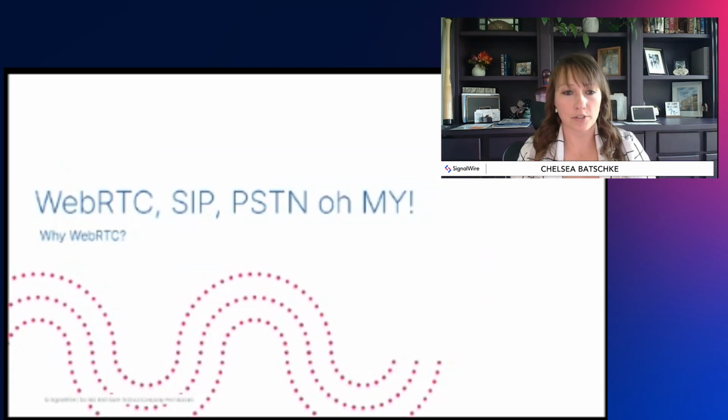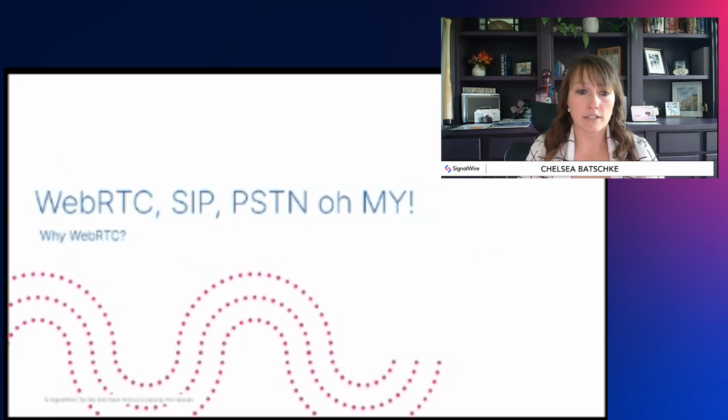Which protocol to use? WebRTC, SIP, PSTN. Ultimately, which protocol you end up using and choosing for your project is entirely up to your use case, your specific needs, what you want to accomplish at the end of the day. SignalWire supports a comprehensive set of communication protocols that build and integrate with voice, video, and messaging across a variety of platforms. Since we only have 1 hour today together, we are going to focus on the WebRTC for this